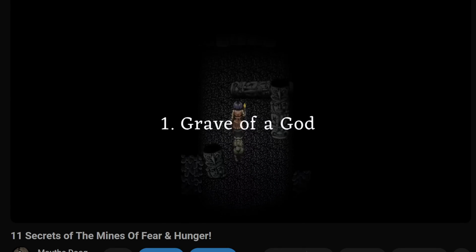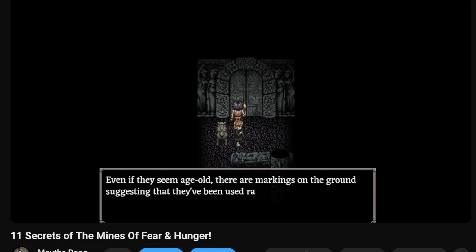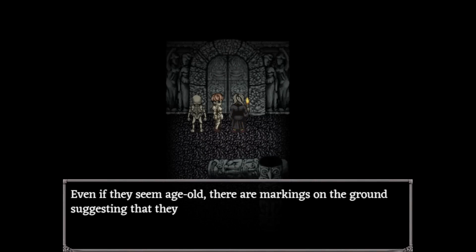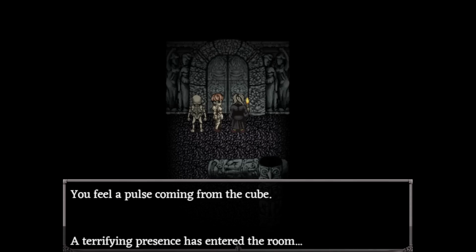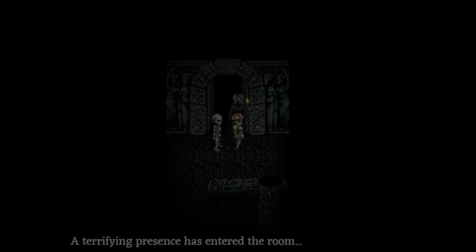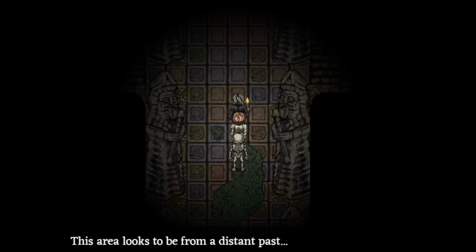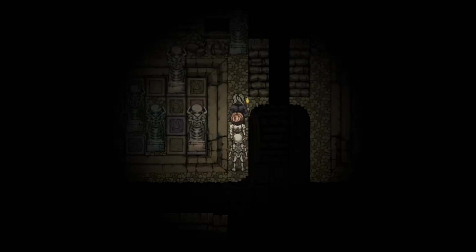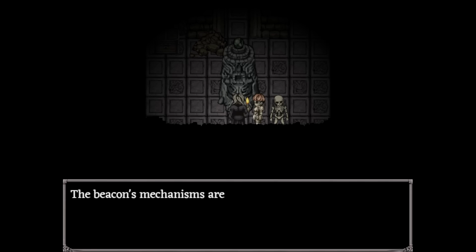We ended last time with this mysterious locked door I couldn't work out how to open. Thankfully, I was able to figure out this strange mystery and access what was behind it. The Tomb of the Gods. This area has a unique mechanic in that you can travel between the past and the present. In the present, the tombs are in ruins, but in the past,